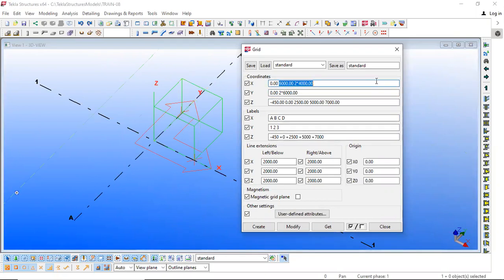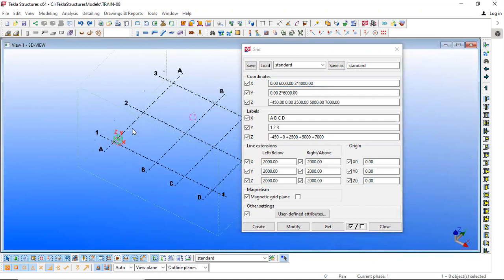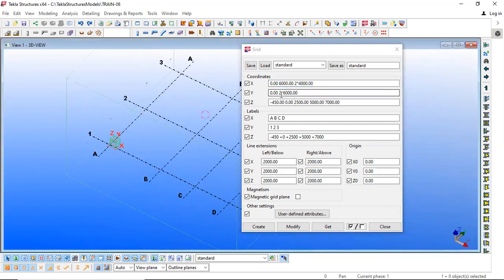When you are entering any values here, it will move in this direction. That's the spacing. This is the x direction, and y means it will go in this direction. Whatever spacings or values you are entering here, it will add the spacing as given in this dialog box.